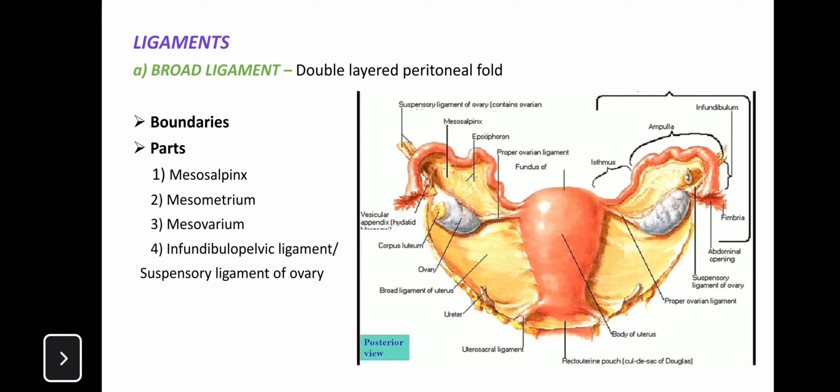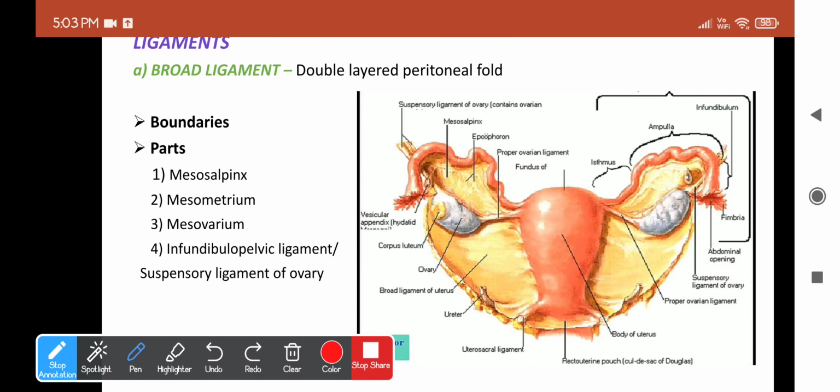So we will see about the boundaries. If you see in this diagram, this is showing the uterus and broad ligament in erect posture, that is like when the bladder is full. Hence we will have superior and inferior border and usual medial and lateral border. The medial border will be attached to the lateral wall of the uterus, and the lateral border will be attached to the pelvic bone. As well as the inferior border will be attached to the parts of the pelvic bone.